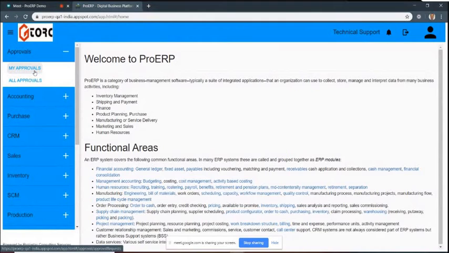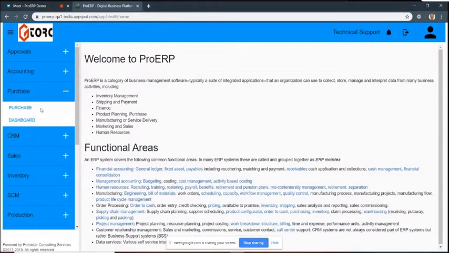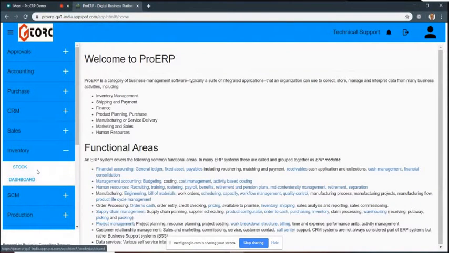could be different, and the one which is used for manufacturing could be a different approval level. So that is an example, and almost all documents can be put through this approval management module. Then we have the accounting module. Accounting is straightforward. We have purchase, CRM and sales, then inventory management.